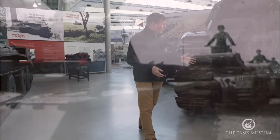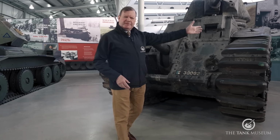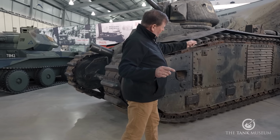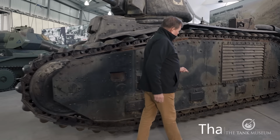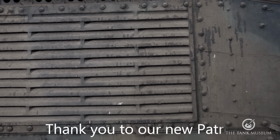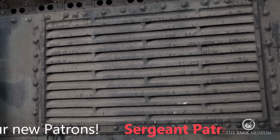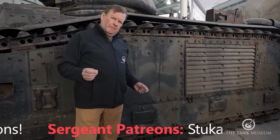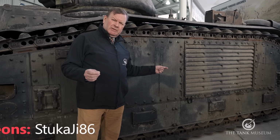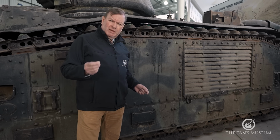Now, as I said, the armour on this is really quite thick for the time, 60mm on the front and up to 55mm down the sides. But there is a potential weak spot just here. Now, if you see that louvered fitting, that is the radiator. And there are reports of German anti-tank gunners putting rounds into that. And of course, if you knock out the radiator, it stops the tank. However, looking at it, that is a very thick, solid piece of cast steel. And one or two people I've spoken to have said you need to be going some with a 37mm anti-tank